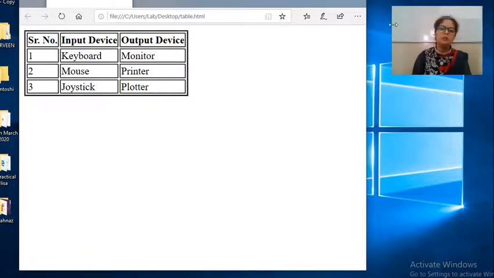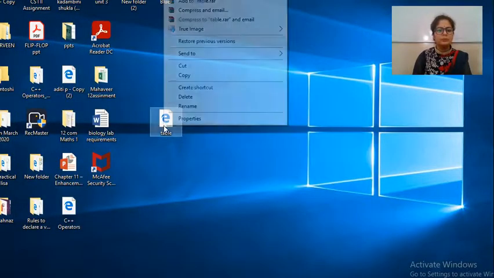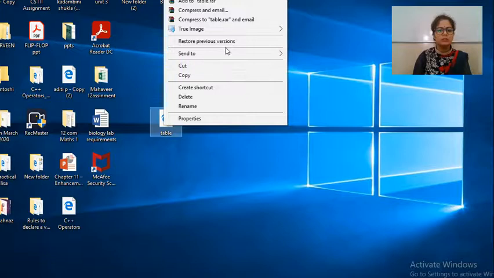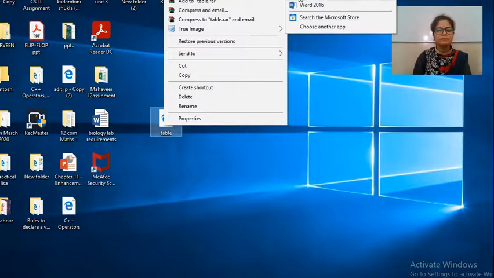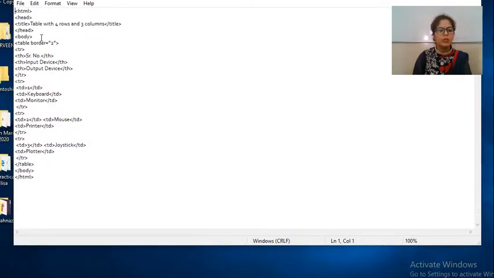Now I want to make some changes in the table. So let's make some changes in the code. Now I want to give border as 4, and I don't want to use the th tag. I simply want to use the td tag. So I am replacing all the th tags with the td tag.